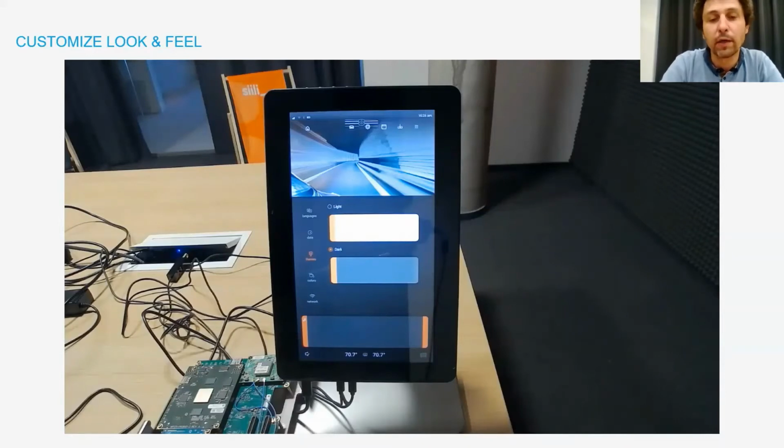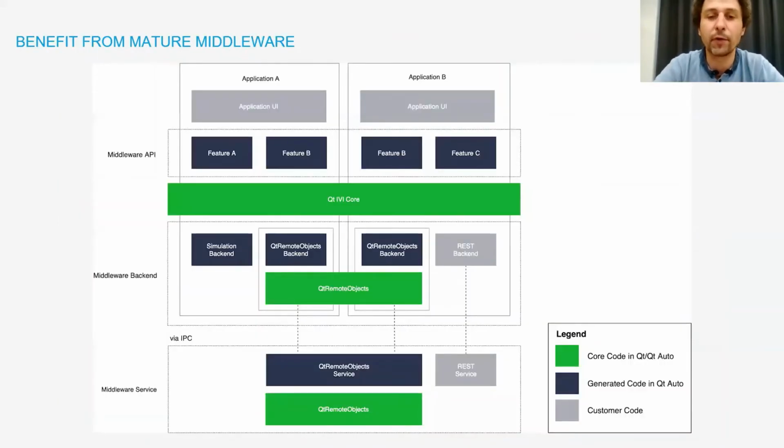So regarding the middleware, that's a great benefit of using Android Automotive. Just think about how much time it took you in the last project to develop the middleware around the Bluetooth stack, and then to build the middleware to actually fetch the contacts from the Bluetooth, or play the media, or whatever else. That's always a huge amount of work to actually provide something meaningful for the UI. And once again, Qt Automotive Suite comes into the picture with its Qt IVI module, which helps to actually create the